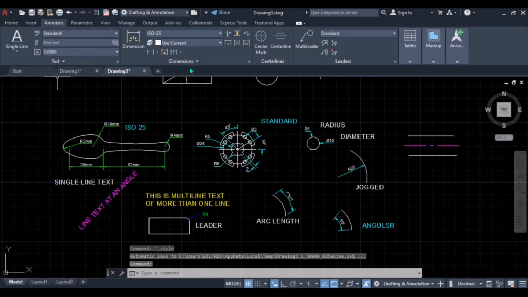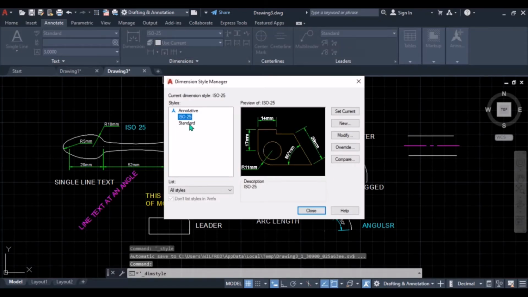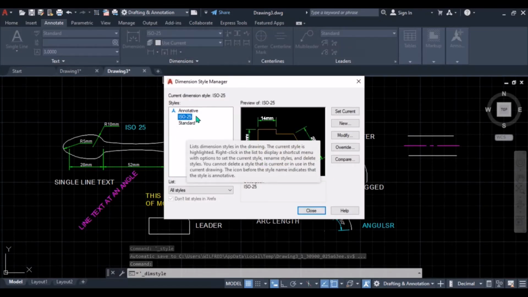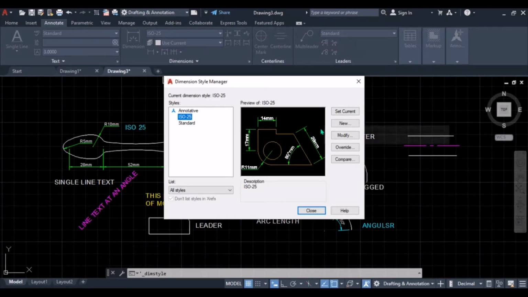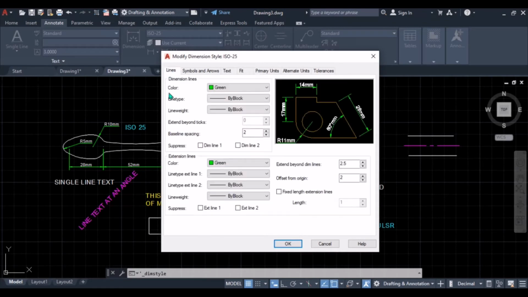Then the next thing is dimension. You can modify our dimension. By default, it is ISO 2.5. So click on modify. Then you can modify dimension lines. You can change the color of your dimension. See, it changes to red.